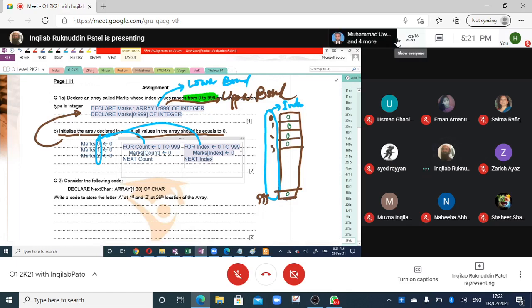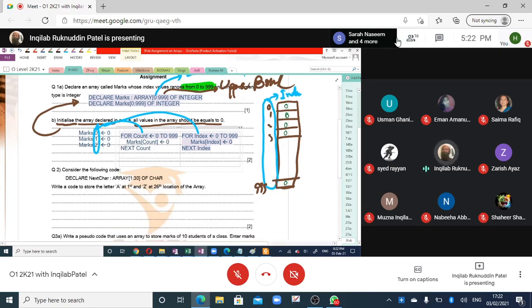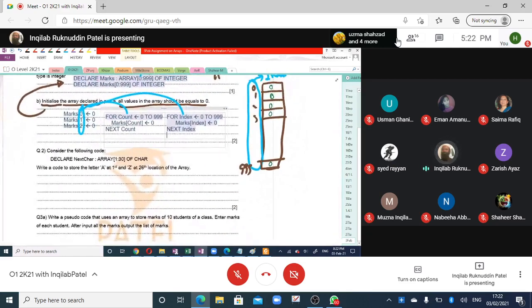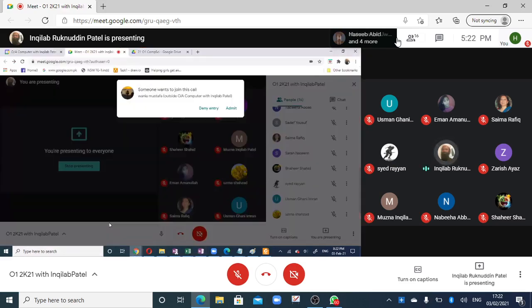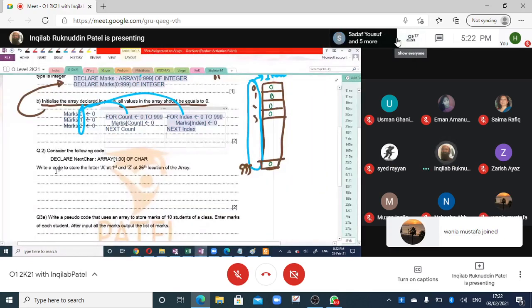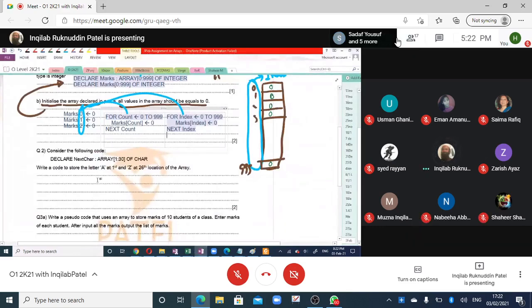Okay. Now we know how to initialize an array and how to use a loop for arrays. For example, here we have another question. In this question, you are asked to declare next char as a variable, and this is basically the identifier of an array.